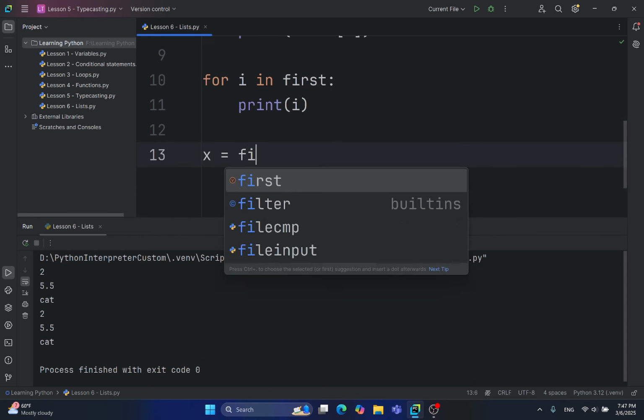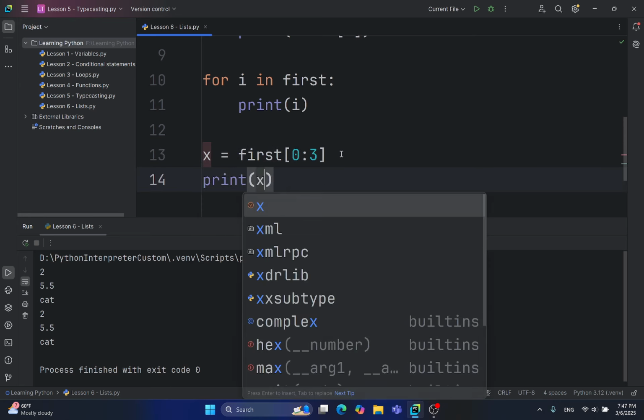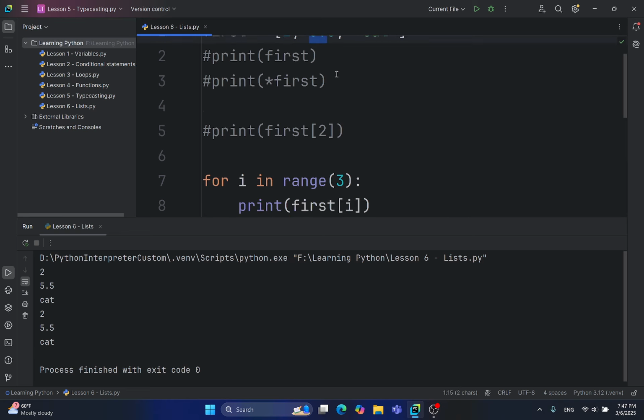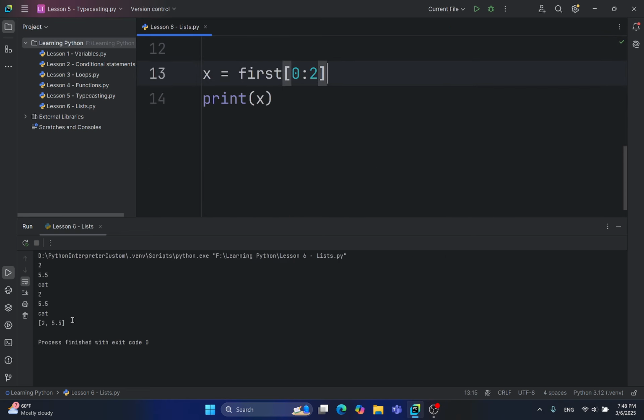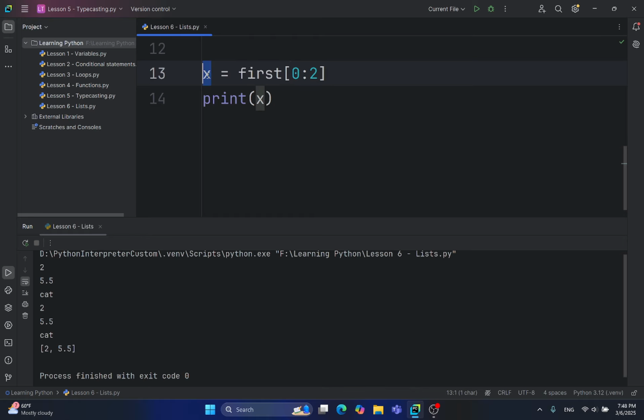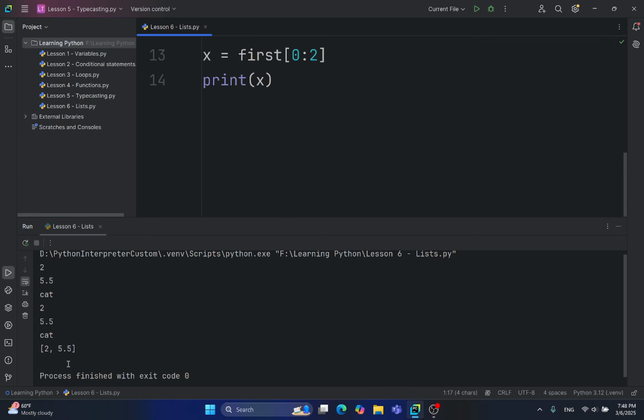x equals first, open the square brackets, write the starting position 0, then colon, then the ending position. But the same with range, it excludes the last position. For example, if I say 3, it won't include this position. So I'll print x. No, I said I want 2 and 5.5, so here I'll write 2. As you can see, x is also a list, and it has elements just 2 and 5.5,